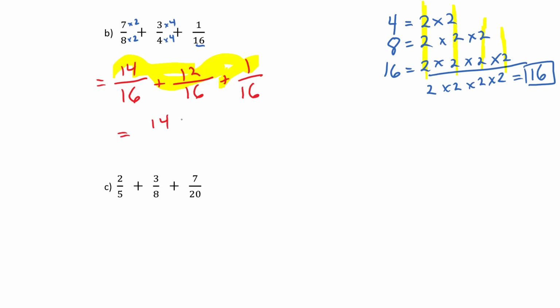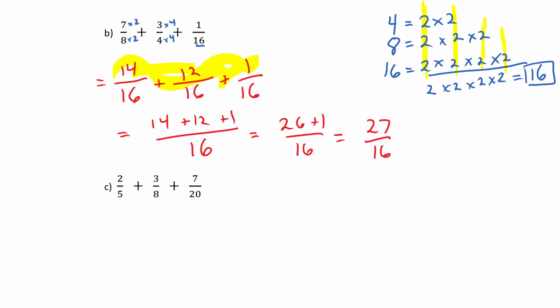So we have 14 plus 12 plus 1 over 16. Now there's no need to actually do this step. I'm just trying to show you exactly what's going on, not skipping any steps along the way. Combine them now. 14 plus 12 is 26. And then 26 plus 1 is 27. 27 over 16. Now this number cannot be simplified any further,